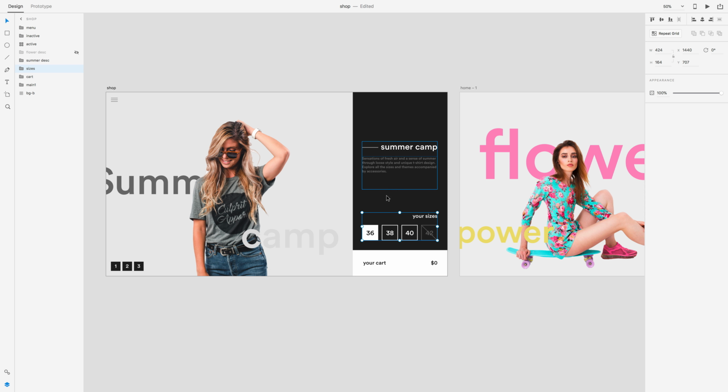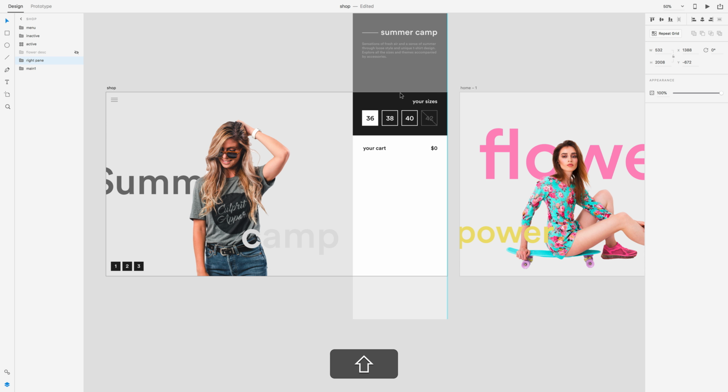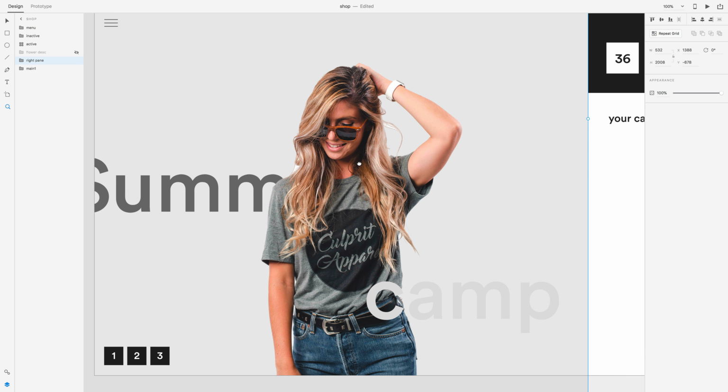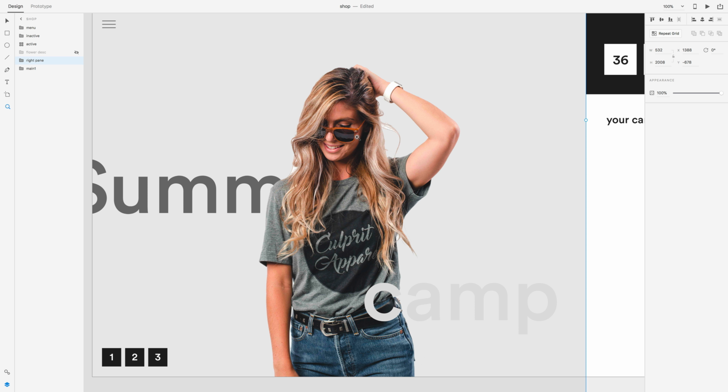So, okay, now what we're gonna do is create some card items, but also I'm gonna select all the items here like so, and group them all together and say that this is the right pane, okay? And if the card is open, we're gonna create this second state like this, and we'd be able to put some items into the card. So we'll need some visual clues that will allow us to select some item, for example, glasses, and put them